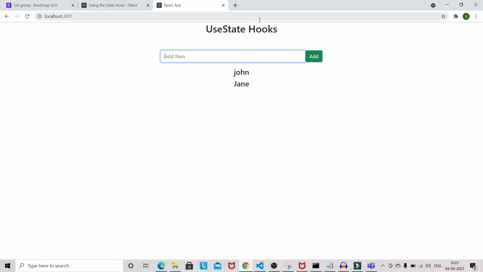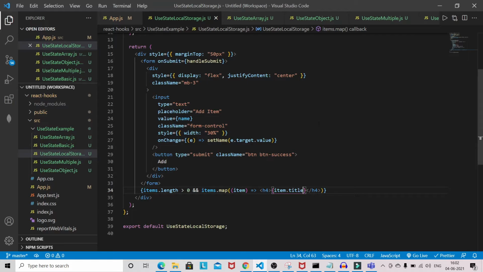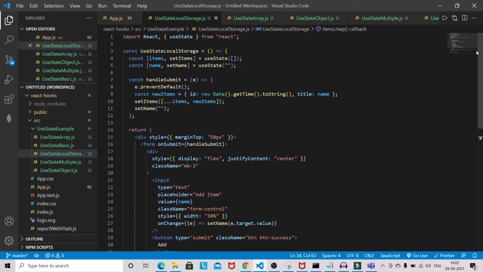Okay, now what is happening is that whatever item we have added is not getting persisted. Okay, so we are going to persist it, so you can see that after reloading the item is gone. Okay, let's persist that one.